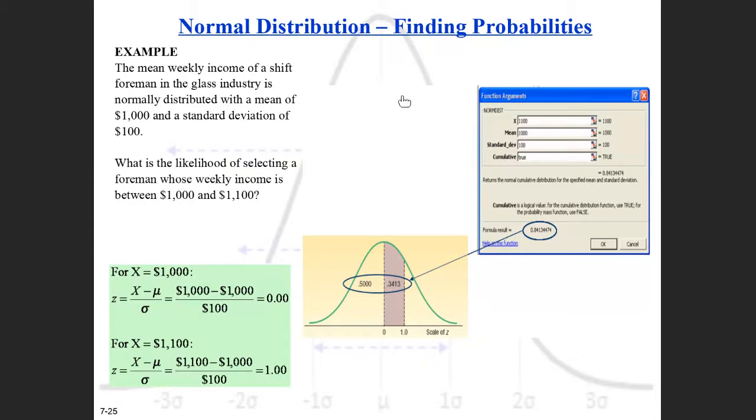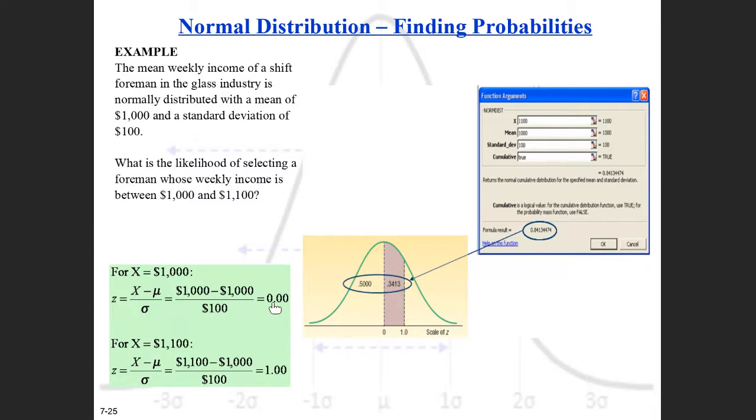Normal distribution. We want to find probabilities. So here's an example. We did this already. Okay. We'll do it again. The mean weekly income of a shift foreman is 1,000 with a standard deviation of 100, and what is the likelihood of selecting a foreman whose weekly income is between 1,000 and 1,100? It's a little different. So for x equals 1,000,